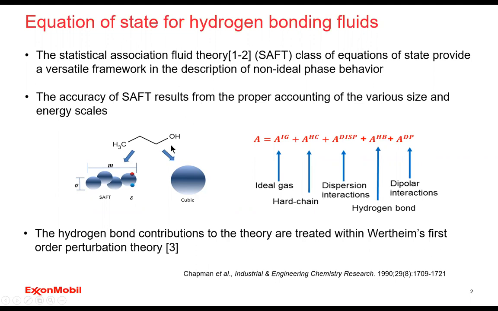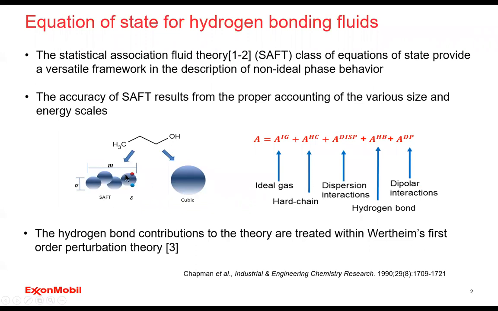What I mean by that, if we look at propanol, for instance, if you look at cubic equations of state, SRK, Peng-Robinson are all empirical modifications of van der Waals, and van der Waals assumes that all molecules are spheres with a single attractive energy scale. But that's not a good representation of propanol because propanol is elongated, so it has two size degrees of freedom. And also it has more than dispersion interactions. It also has long-range polar and hydrogen bonding interactions.